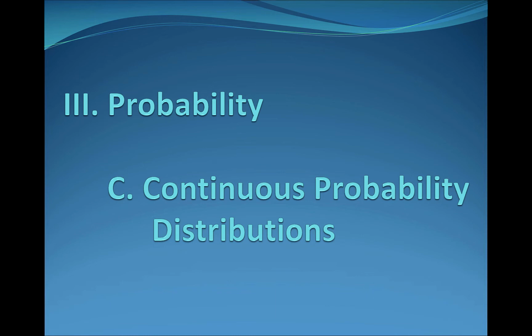In section 3C, we will focus on the idea of continuous probability distributions. It's important to note that a continuous probability distribution is very similar to the discrete case in some ways, but different in other ways. The idea of a probability distribution here has not changed. It's still basically we identify the possible x's and the corresponding probabilities, the same way as we do in the